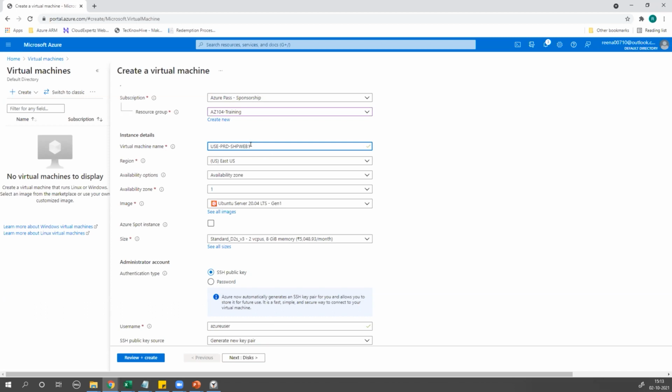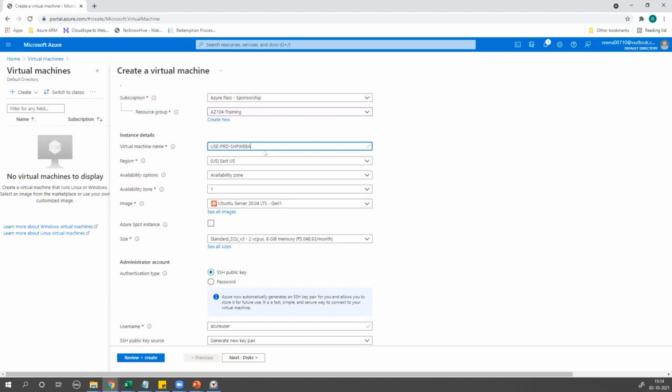Why? There could be multiple web servers when you are using high availability and load balancing. You will provision multiple web servers. How will you differentiate? These numbers will differentiate. From 1 to 9, you can have 9 virtual machines having the same role. If you feel that you will have 20 virtual machines, then how will you do it? If I do 11, I will exceed the limit. Then you start with 1, you go till 9, and once you're done with 9, you start with